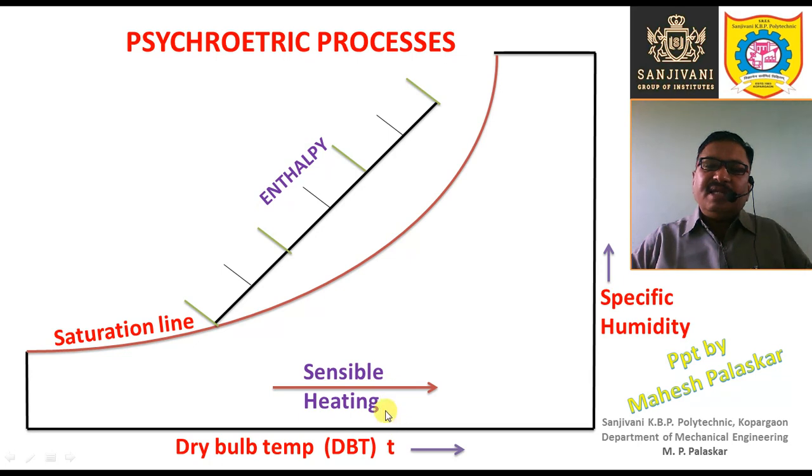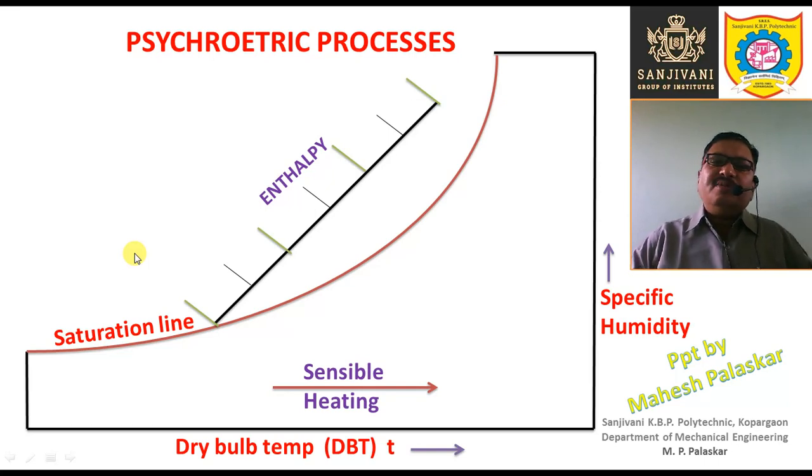So this is sensible heating, right? Sensible heat is added. Sensible heat increases, and this leads to the increase in the enthalpy. There is no increase in the latent enthalpy, only sensible heat is increased due to sensible heating. So there is an increase in the dry bulb temperature, but no increase in the moisture content or the specific humidity. This is nothing but the sensible heating process. We are going to study further about sensible heating, but right now let us represent all these various processes.